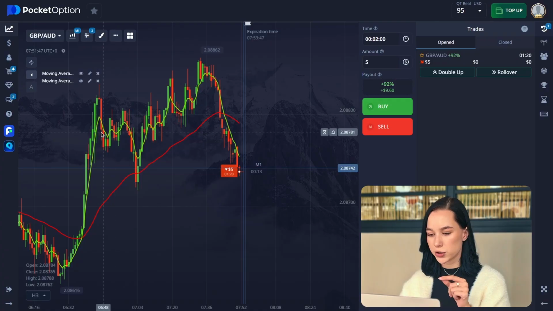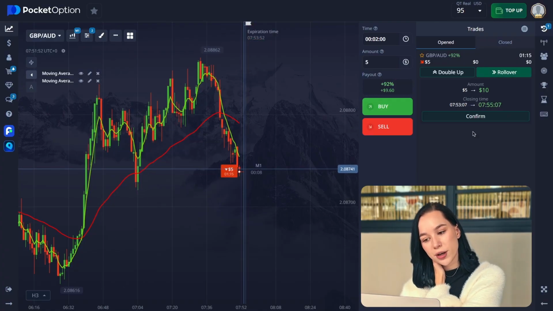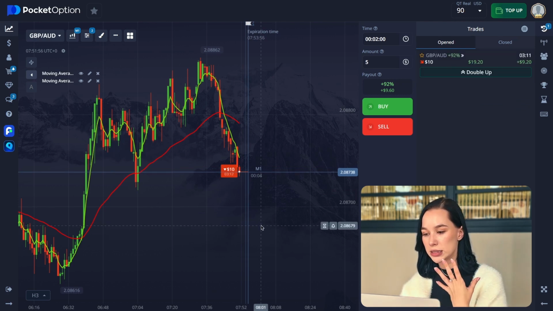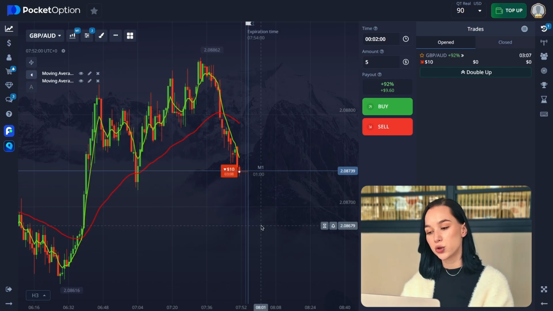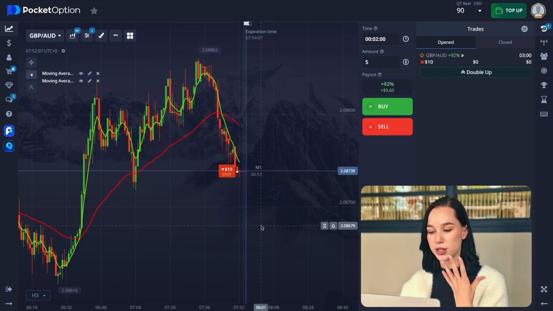But guys, let's come back to our trade because we can see it fluctuates a lot. So I'm thinking of opening a rollover, so we will have more time for the trade. We can do it here, confirm, and yes, we can see we added 2 more minutes and we also doubled our amount of money per trade. So there is some risk here, but let's see, because I think it just needed more time to close